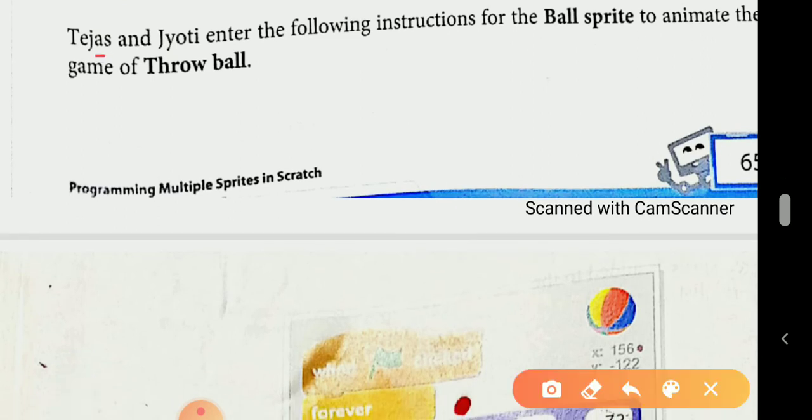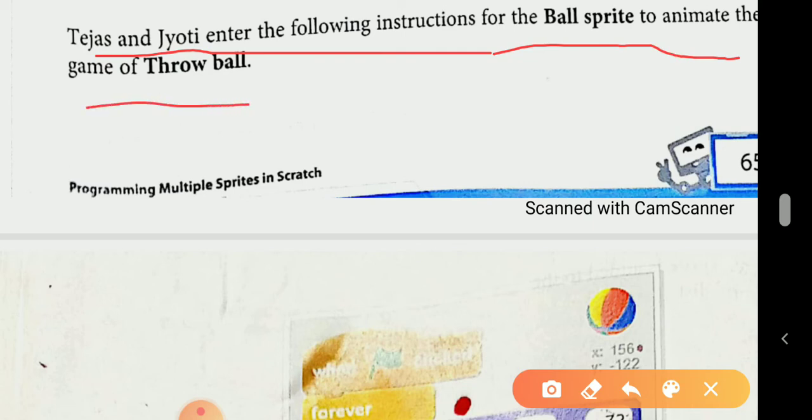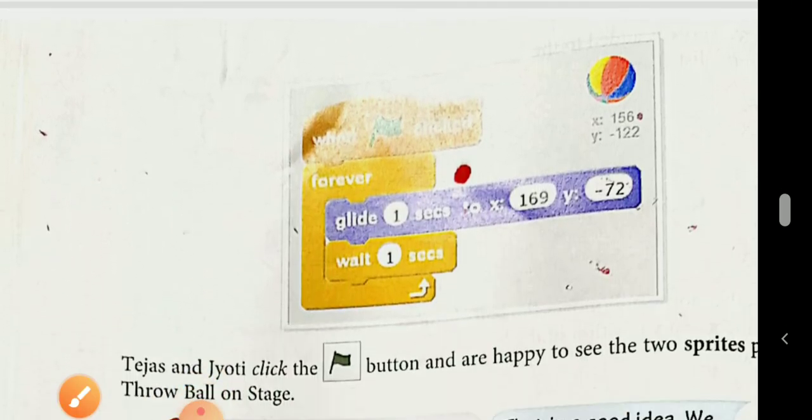So here Tejas and Jyoti enter the following instruction for the ball sprite to animate the game of throw ball. What happened here? Tejas and Jyoti enter the instruction for a ball sprite. Ball sprite means ball picture, and the game to animate is named throw ball. So here you can easily see